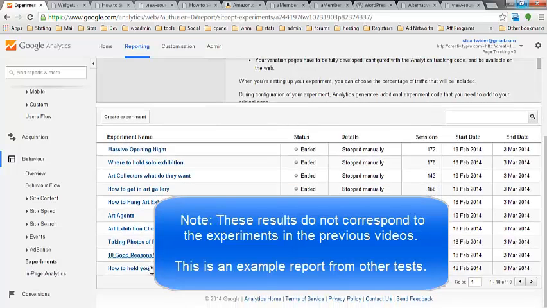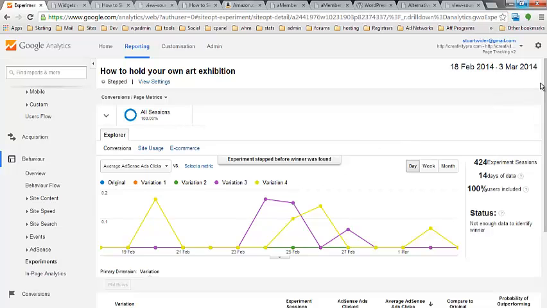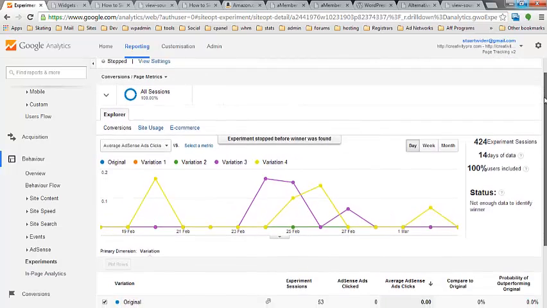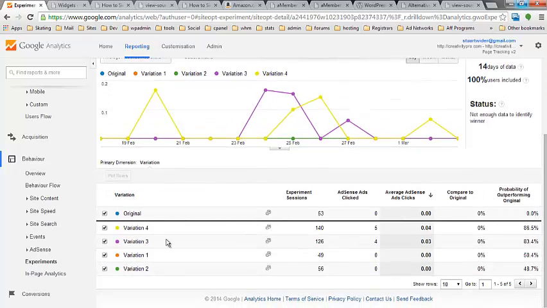ran earlier. And if we just click on this one, then it will give us a graph of the click-throughs for this particular experiment. As you can see, I ran this experiment for 14 days, and I did a number of variations in addition to the original, and we can see that it's been recording clicks, and by far and away the most successful variations were these two here, and it's also given us a rather handy probability of outperforming